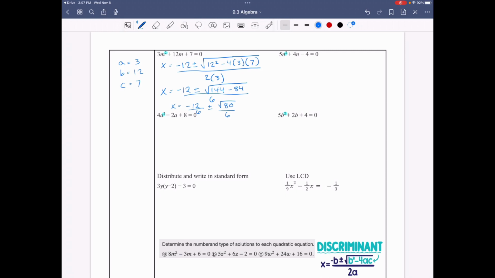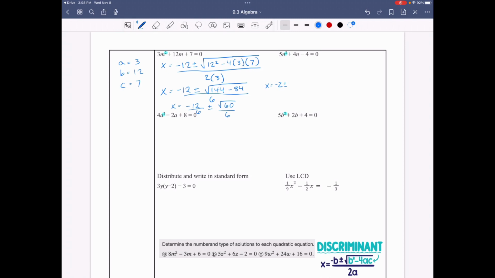I think I subtracted these wrong. Let me just double check. 144 minus 84 is 60. I'm sorry, not 80. I thought I had that incorrect. 144 minus 84 is 60. And we can simplify this. Didn't leave much space. So x is equal to negative 2 plus or minus the square root of 60